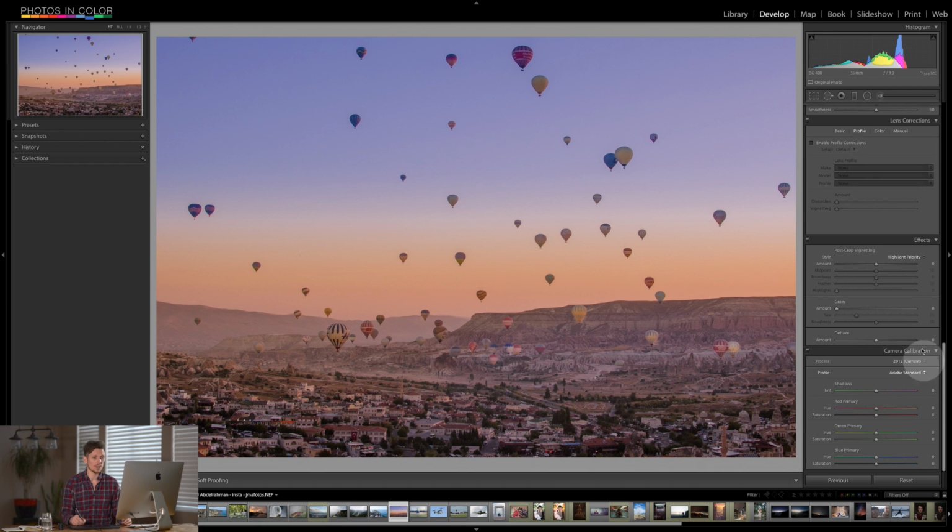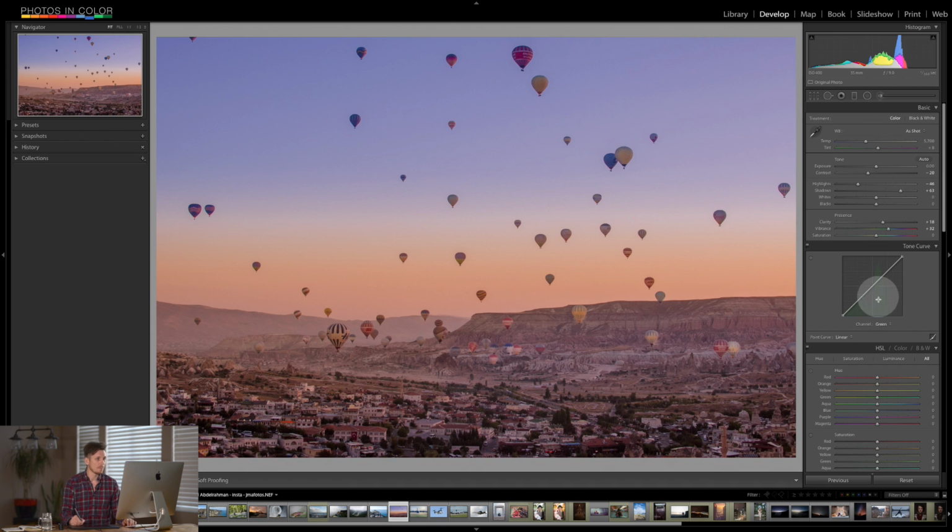The next thing I want to do is look at the camera calibration. Now I actually use this for color toning sometimes. So if I move the hue of this, you can see what happens to the image. So I'll push this one towards the yellows, and the greens I actually want to go away, okay? In fact, no I don't, I want to go this way. So I want to pull in more of the magenta, because that's really the color of sunset. Now, I think there might be a little bit too much magenta in that, but I'm not going to just